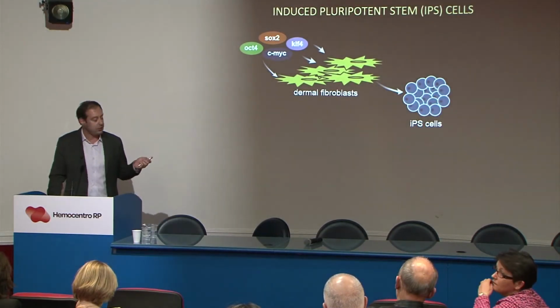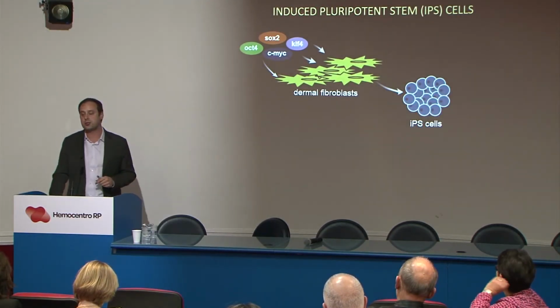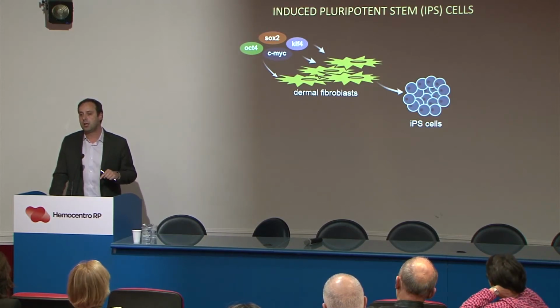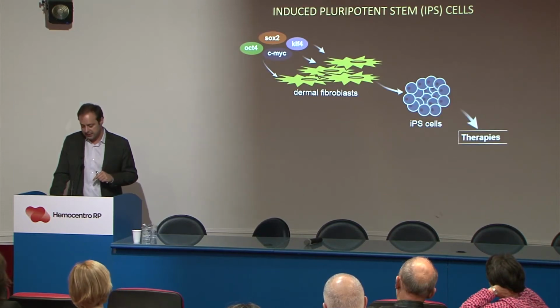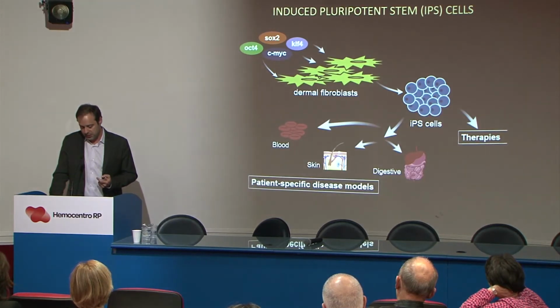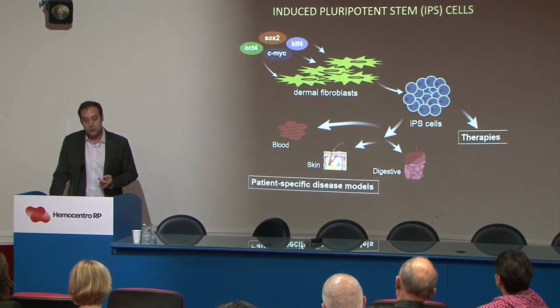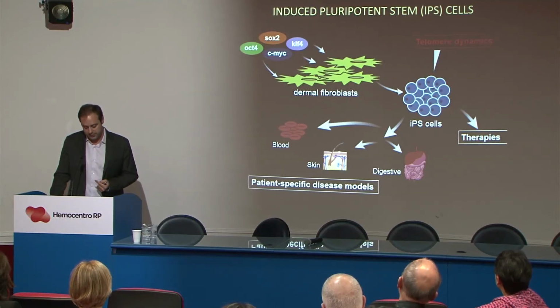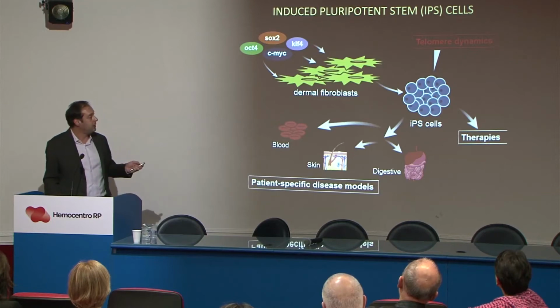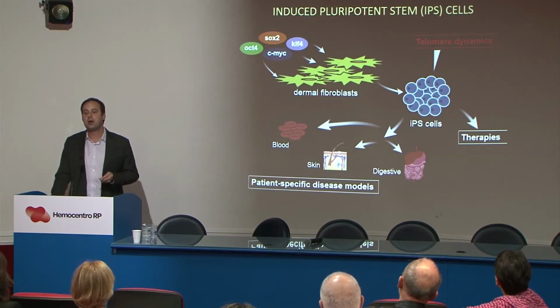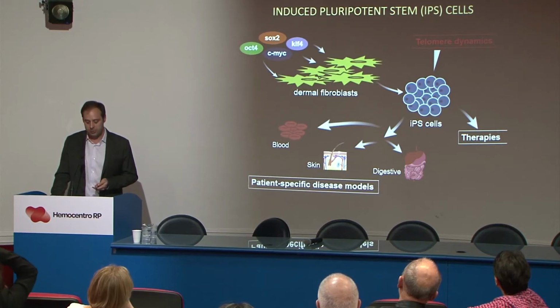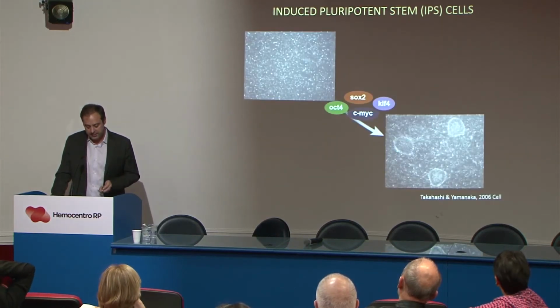So you can use the Yamanaka factors to try to reprogram somatic adult cells into a pluripotent state, and then this could potentially be used for therapy, although this is not in the short run, but you can also use that to differentiate these pluripotent stem cells into different tissues. But also we can study telomere dynamics and how telomeres are processed during reprogramming. So we're able to do that, and I'll show some examples